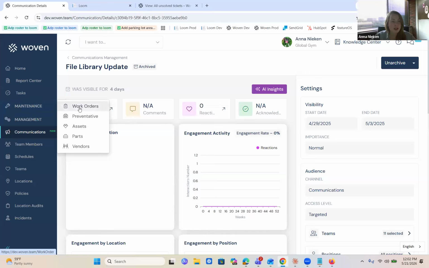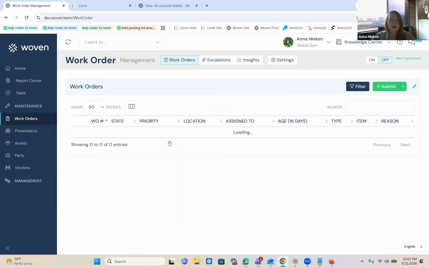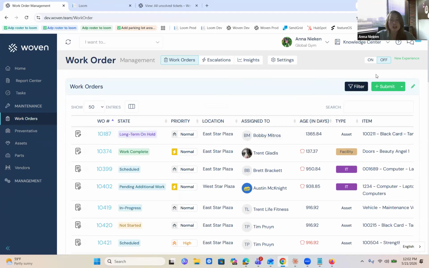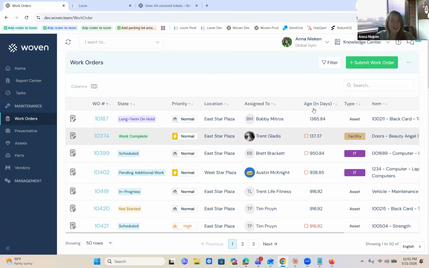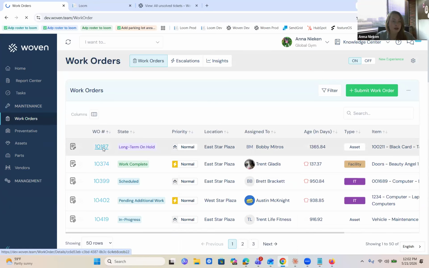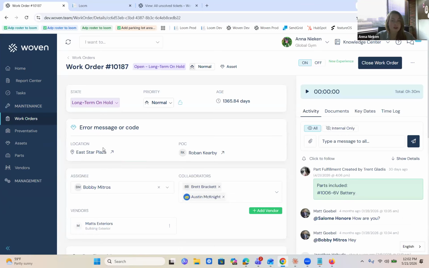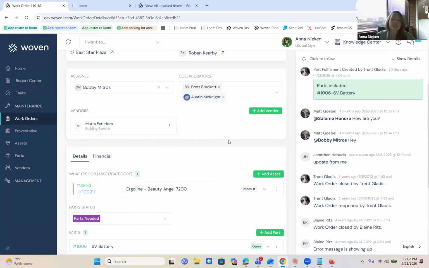We also have an optional update to work orders. So currently it's optional. On June 30th, it will be an automatic switch in your account. You can opt into the update by toggling on here, and you'll see that things look a little bit different for you. The biggest change is going to be when you click on the work order page itself, your view is split into two columns. So same information that you had here previously,